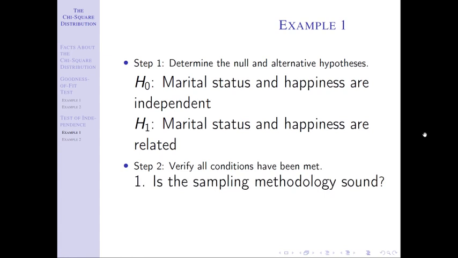Remember, we're always checking our sampling methodology. We're asking ourselves, do we have any form of bias? Could you potentially see a source of response bias here? Would people potentially lie about if they're happy in their marriage? Maybe, maybe not. I think this one's kind of gray. You can make the argument either way. Remember, on exams, I'm not trying to trick you. I'm trying to give you situations here just to make you think in the notes. Hopefully, you'll see something on the exam and it'll jump out at you. So in the exam, you won't see anything that's really as gray. But here, I do want you to think.